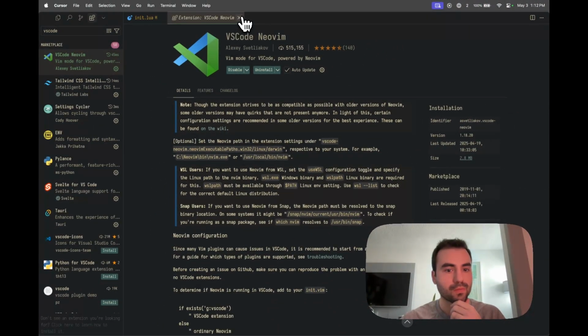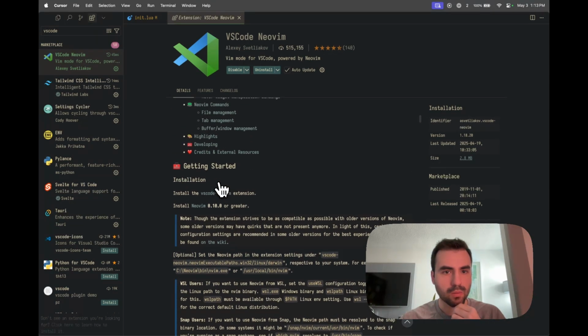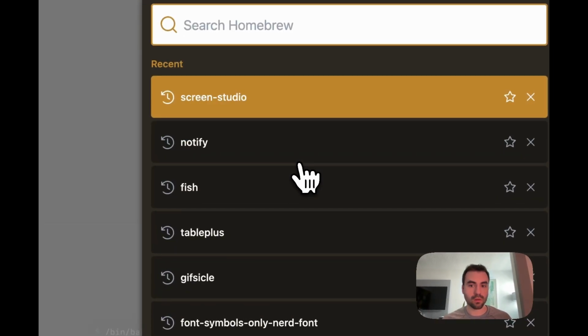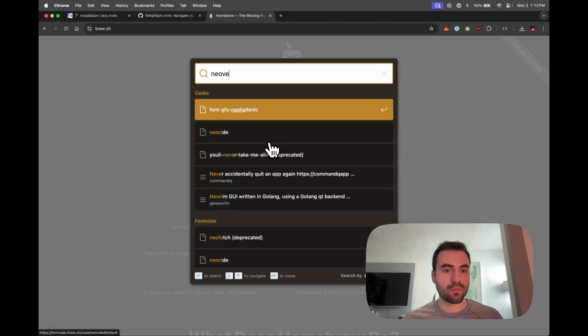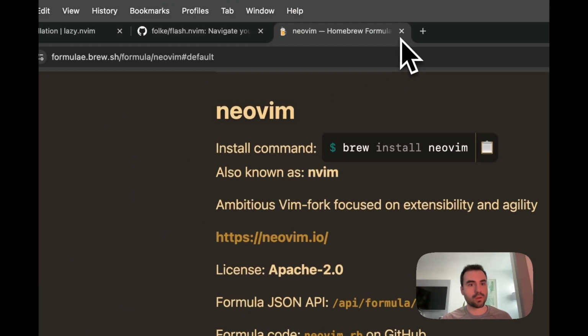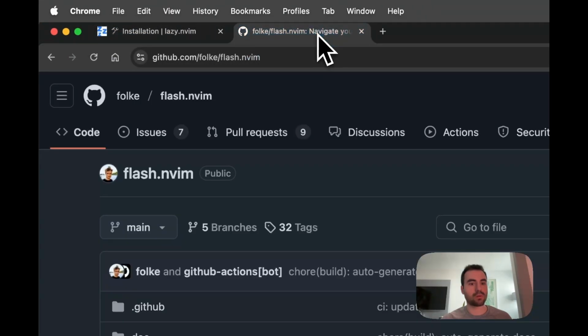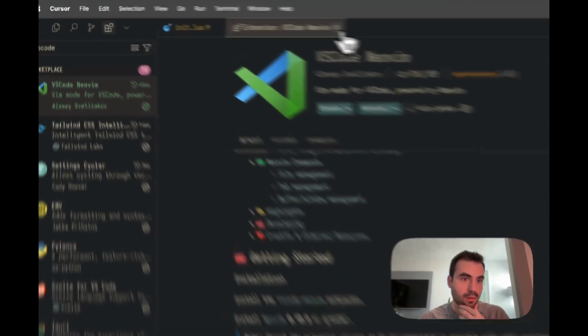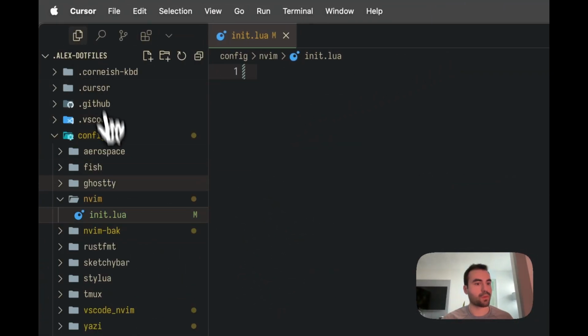And you also need to have Neovim installed in your computer, which you can just do through brew, if you're on macOS. So you just do brew install neovim, and it will use your Neovim binary. And yeah, as I was saying, you create your empty init.lua,